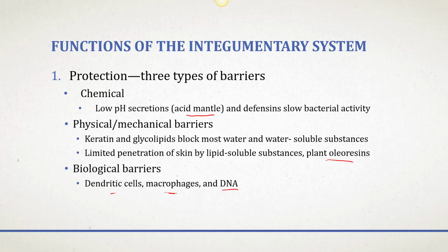And then DNA. So when UV light hits DNA, it causes the formation of pyrimidine dimers. Your pyrimidines are the bases cytosine and thymine. So anytime you have a C next to a C, a T next to a T, or a C next to a T,